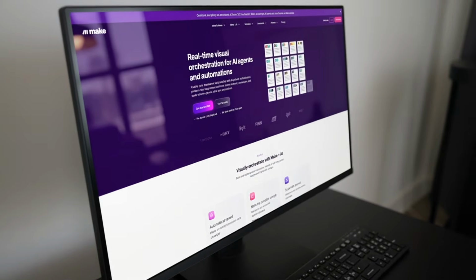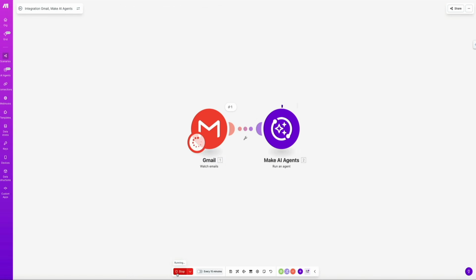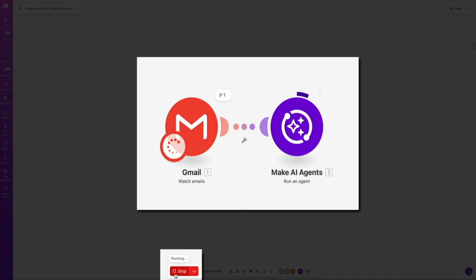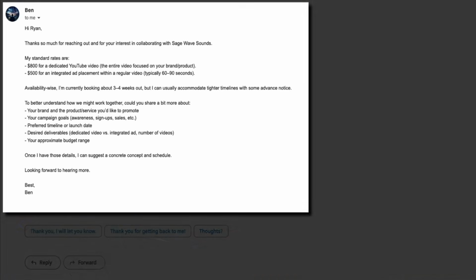So today we're solving this permanently. We're going to build a fully autonomous AI agent using Make. And I'm not talking about a basic autoresponder that sends a canned message. Now, specifically, we're going to teach an AI agent to watch for new collaboration inquiries to my Gmail inbox. It's going to then analyze the offer and draft a perfect reply using specific rates, all without me having to